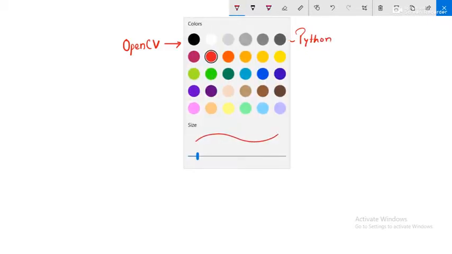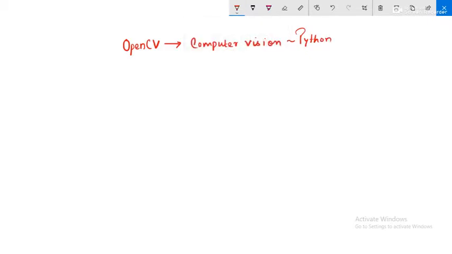And yes, today's first episode will be on how to read, write and display images.